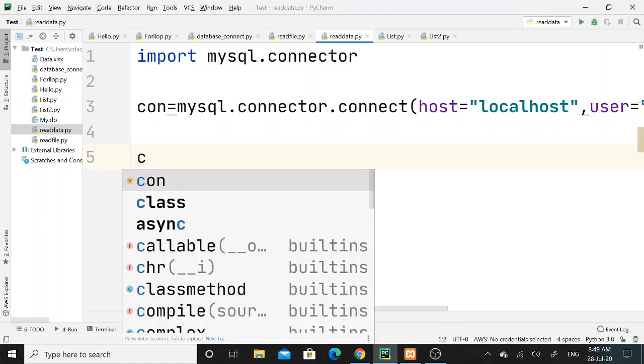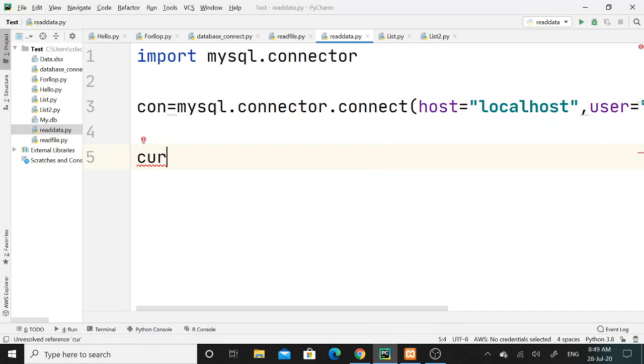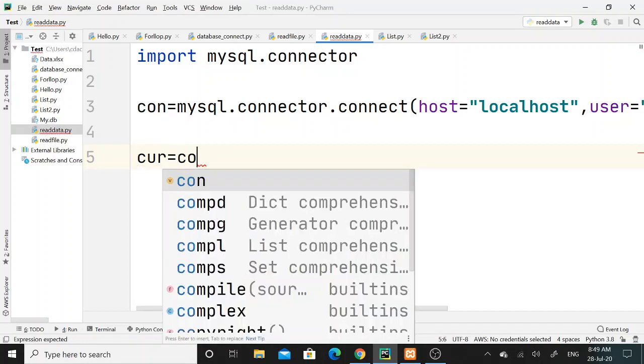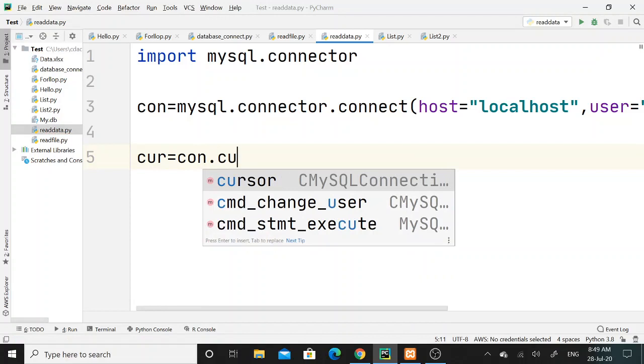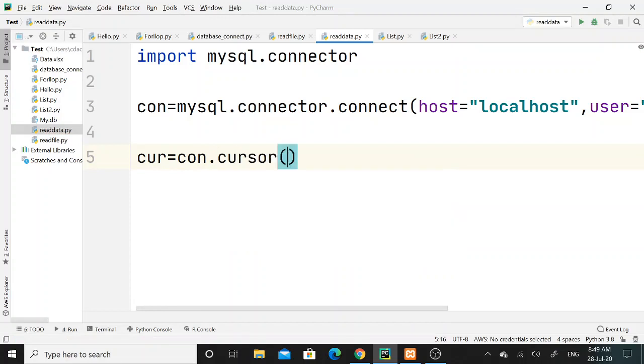Then later on I will declare one variable, cur, and to this cur variable I will assign the cursor function, invoked using the con variable. So basically, what is a cursor? A cursor is a temporary memory, or we can say a temporary workstation.